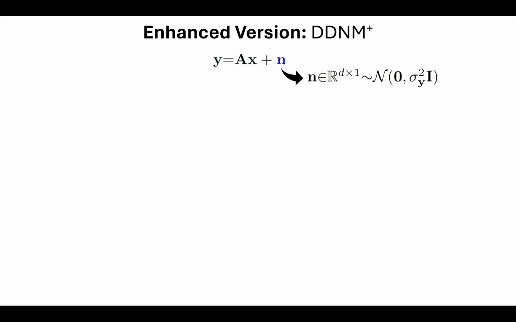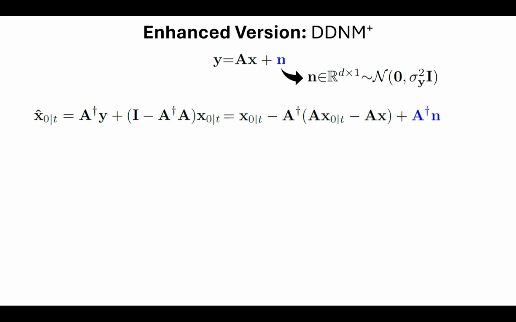Why is it problematic? Because recall this formula that we used for decomposition: if you replace the y vector in this formula by Ax plus n, then we have an additional A dagger n in the formula that we overlooked in our calculations so far. That's a new vector in capital D dimensional space that kind of ruins it and makes the task harder than what we thought. But don't worry about it much, because even though we don't have access to it,